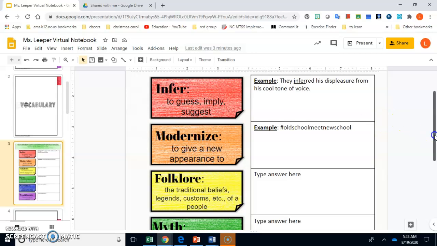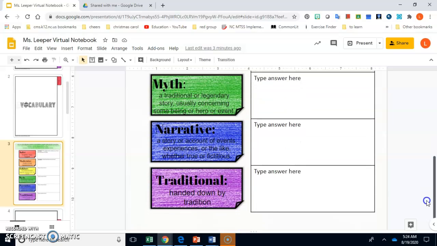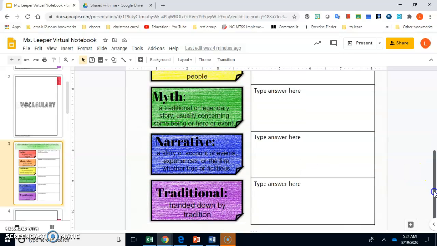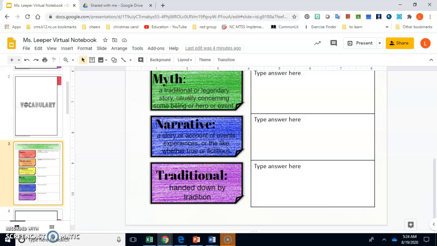Now for you, you can do whichever you want for the last four words. Remember, a folklore is a traditional belief or legend. A myth is a traditional story, usually concerning a hero or event. A narrative is a story, y'all. It's a story or an account of events and experiences, whether they're true or fake. Then traditional means handed down by tradition, which seems odd that the word is in the definition, but